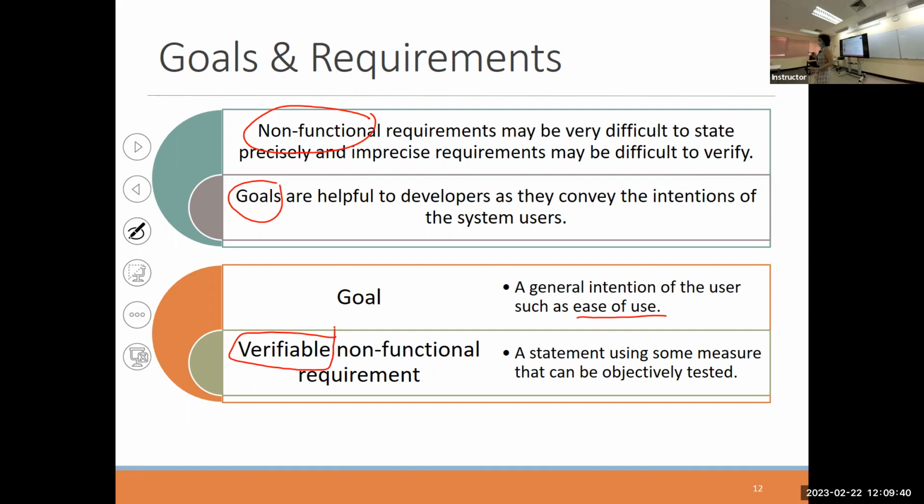Nobody can argue, because then it's easy for you to get your system accepted by the user. Because some system may say, oh, still I find that the system is difficult to use. Somebody said it's easy to use, then someone may not accept the system, right? So make it verifiable means make it measurable and can be objectively tested, such as